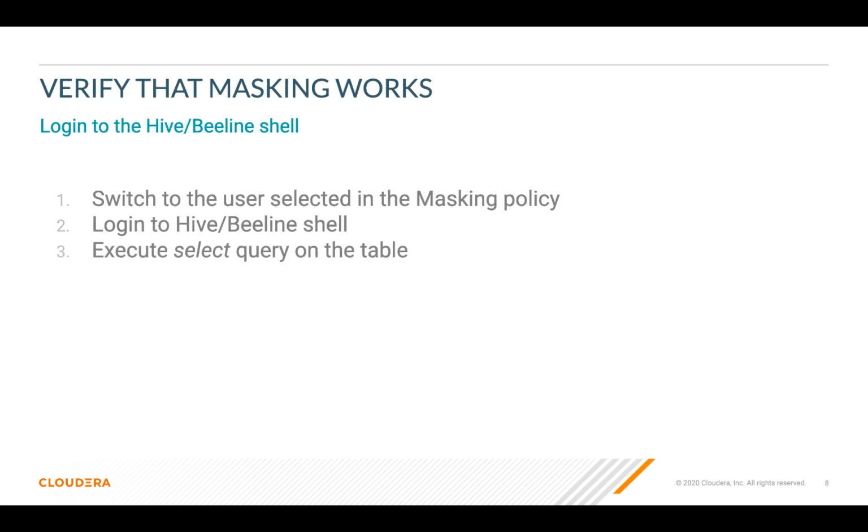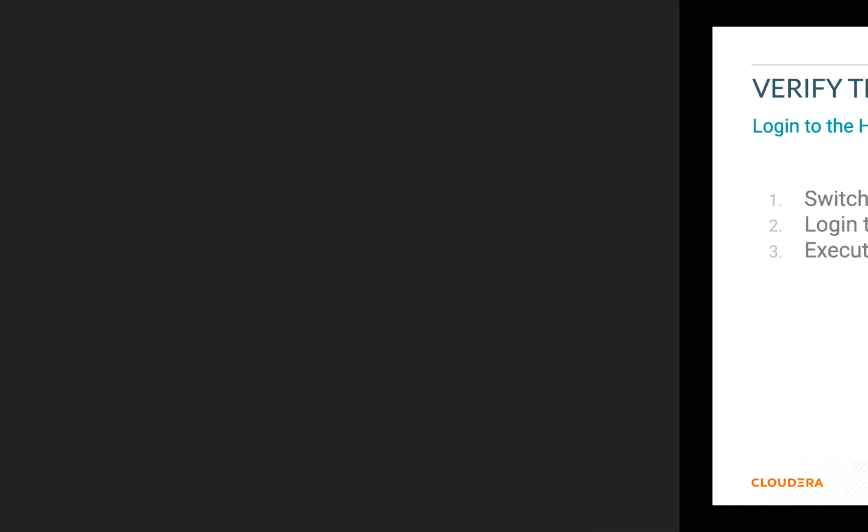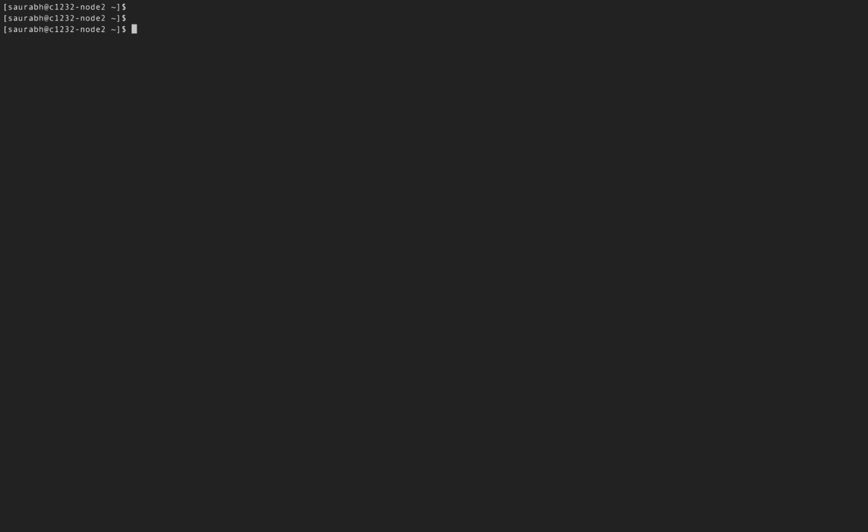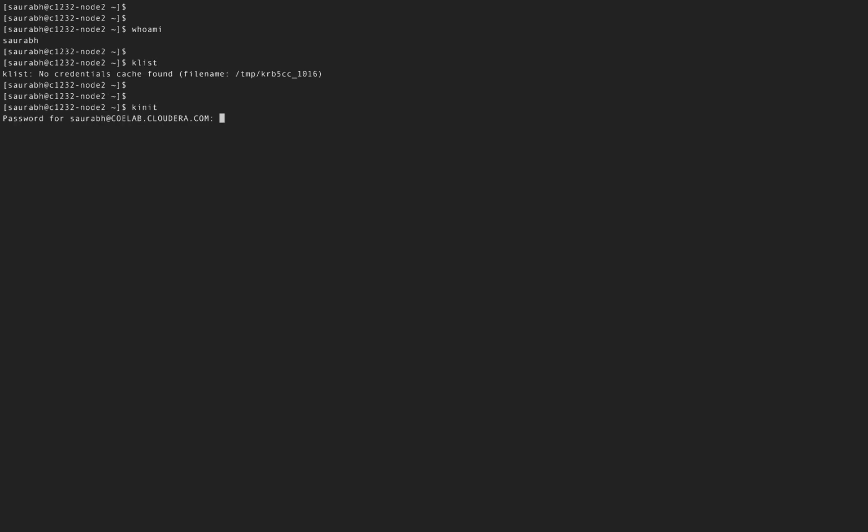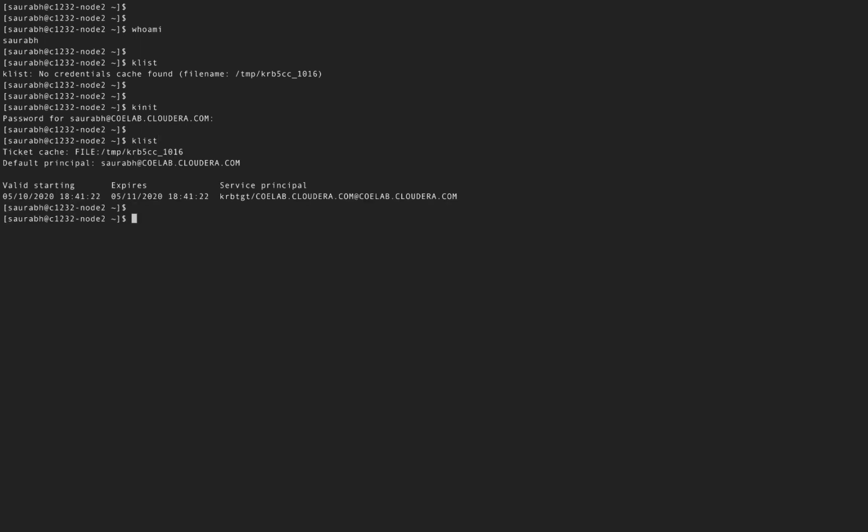Now let's verify if the masking works. I'll get the Kerberos ticket for my user. Let's log into the Hive shell.